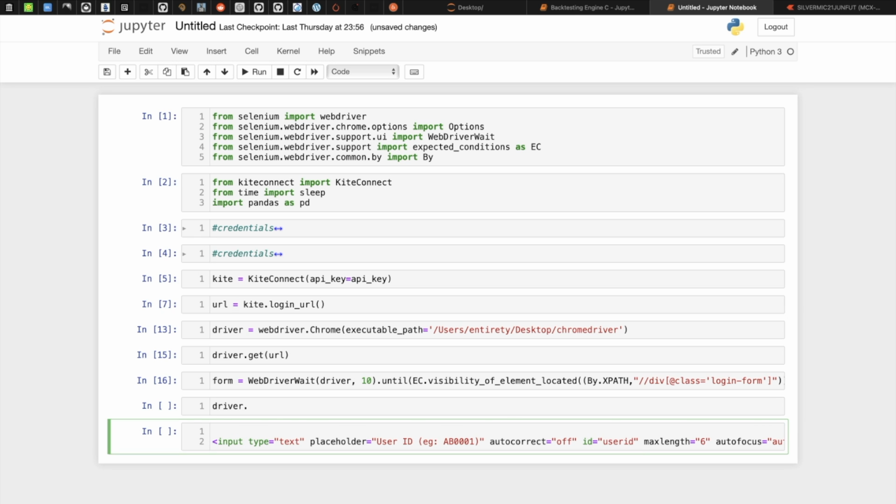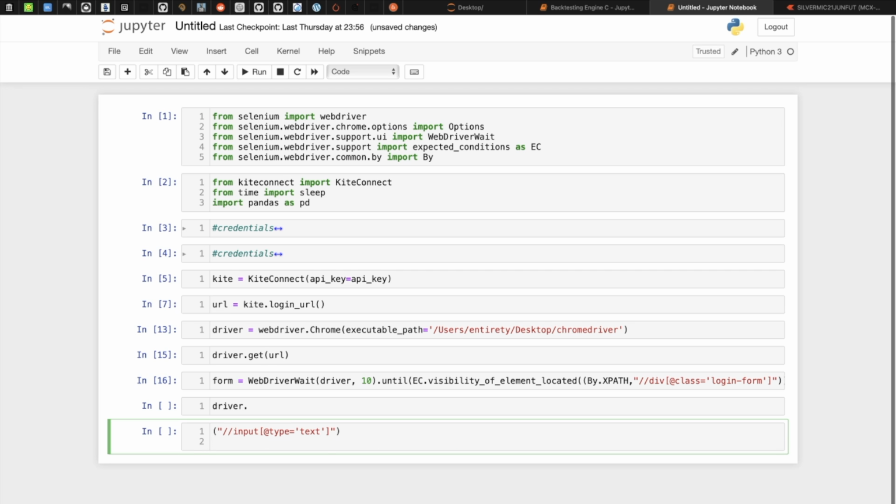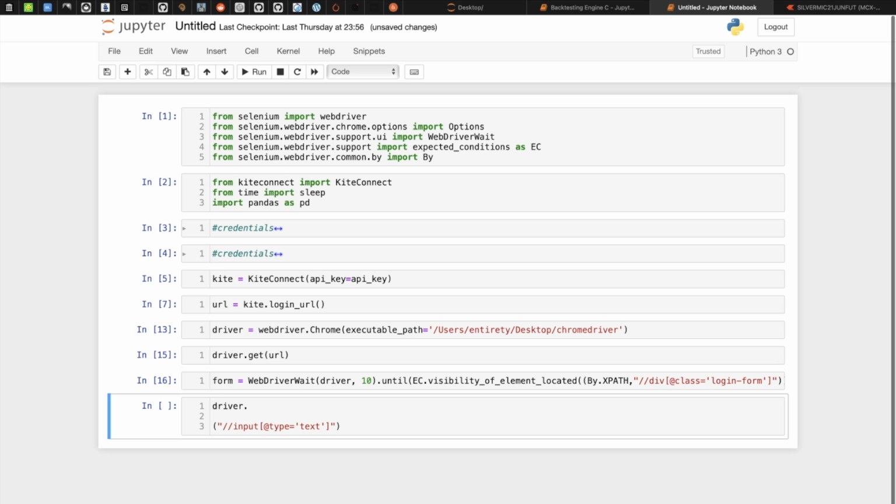Here we search for the ID, which is the user ID. Since the class is not there, we can use the type attribute. We can search for input, where the attribute is the type, equals to, and now we have to search this element by XPath.